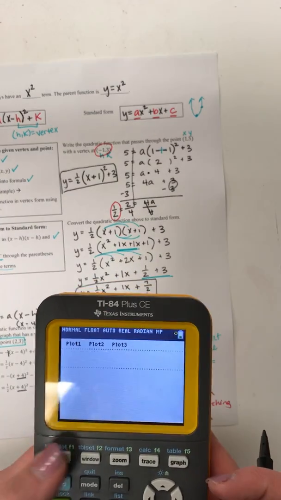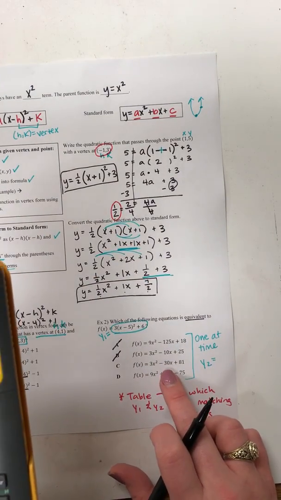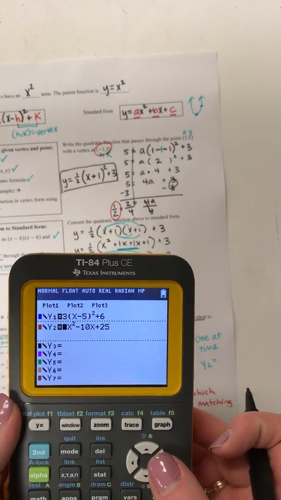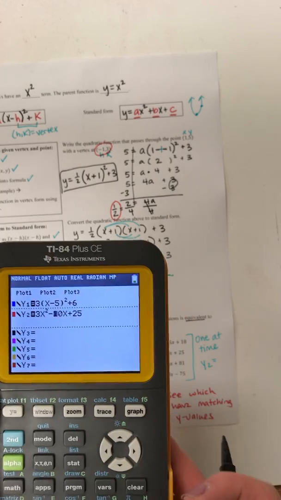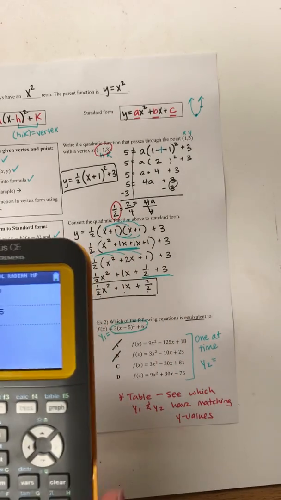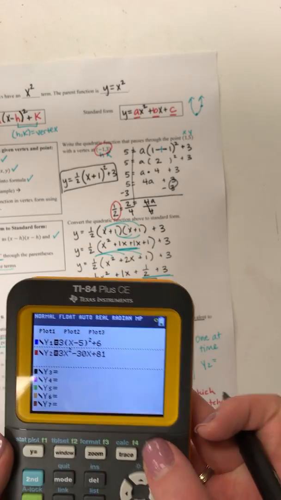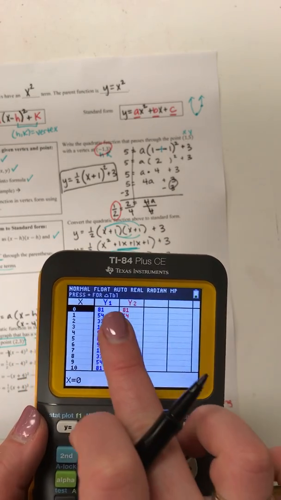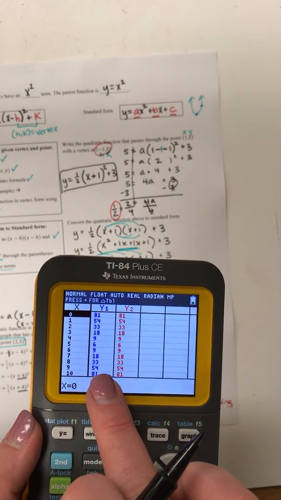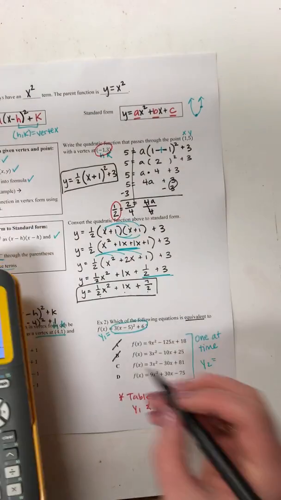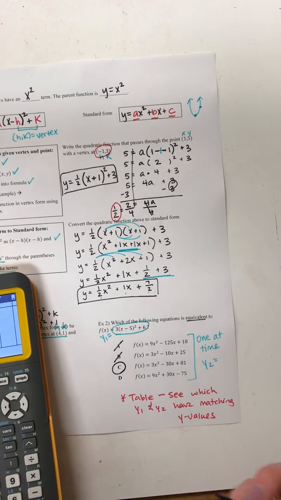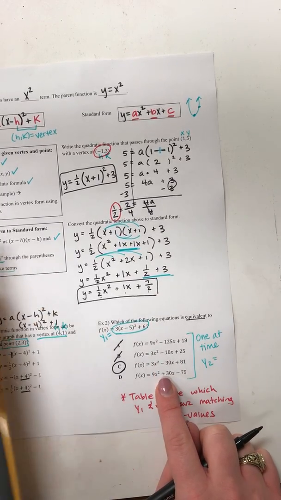Try the next one, y equals. Now this, the only big difference is the last two numbers, so I'm just going to go back and change those. So it's a 30x, and it's a plus 81. Okay, change the table. Oh look, now they match completely, not just for 1 point, for all of them. So that is our answer. Now if you really wanted to check, you could go try D, but that will not work, so C is